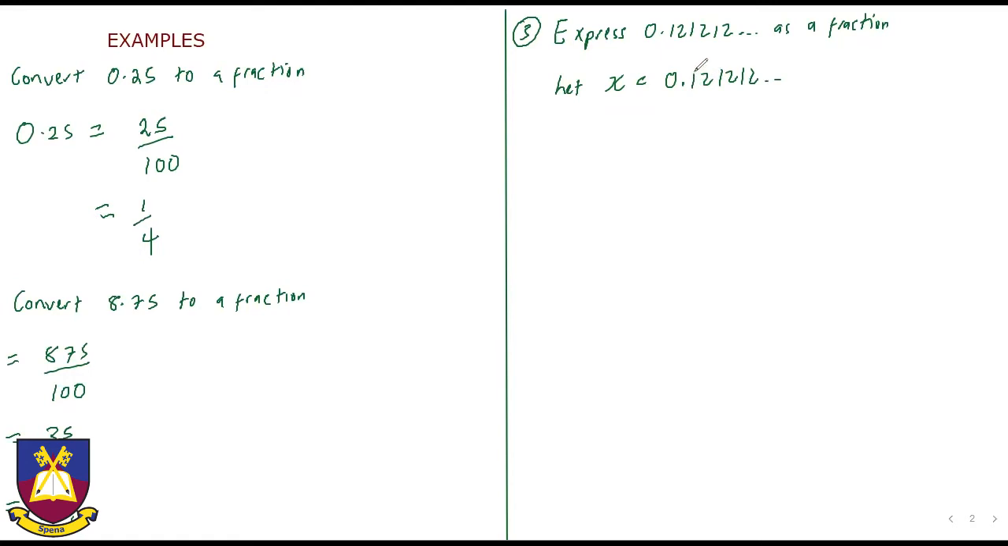We have two recurring numbers, 1 and 2. So if I move this decimal point up to here, it will be after the first set of recurring numbers. And to do that, I move 2 decimal places. So I need to multiply by 100. 100x will be 12.121212 and so on. Now I'm going to get my 100x, which is 12.121212 and so on, and I subtract my x,